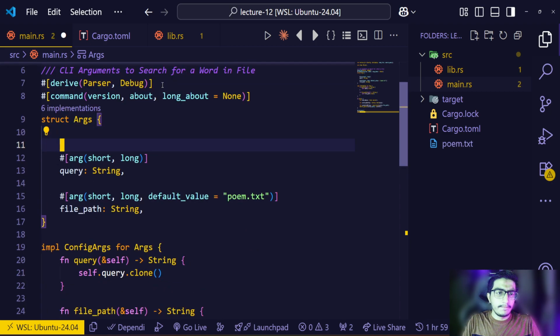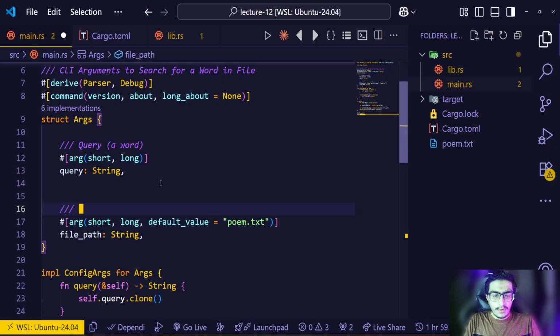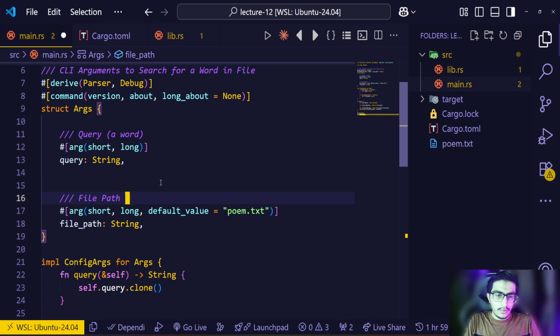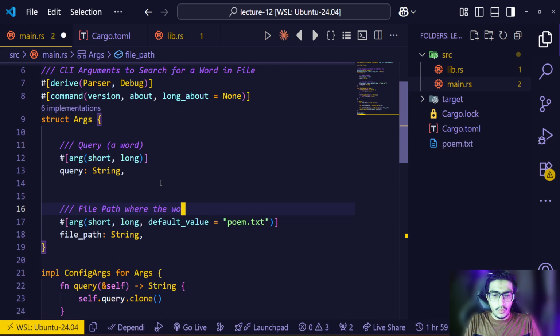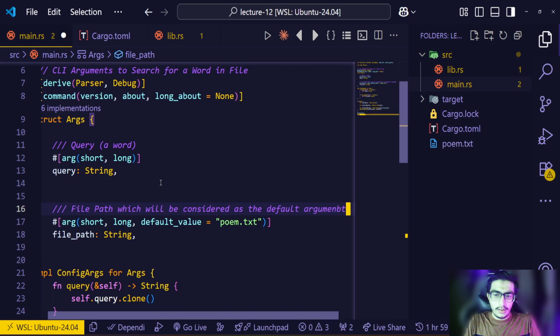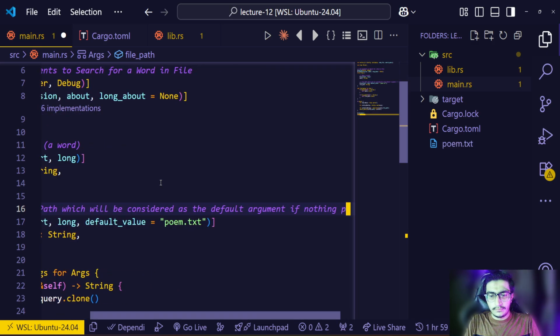Let's just quickly add, let's say, query to query a word to search, and file path, which will be considered as the default argument if nothing else is given. So